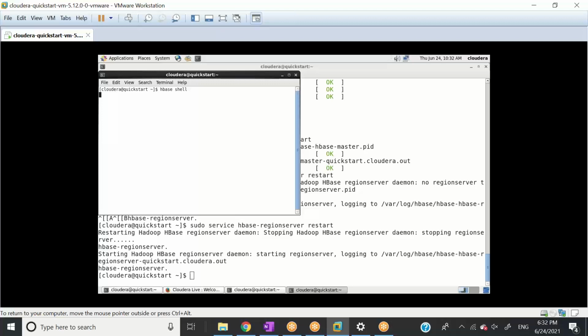So what we did, we restarted the HBase master, and we restarted the HBase region server. Ideally, in an ideal scenario, now the HBase shell should be working for us. Okay, so let's see.